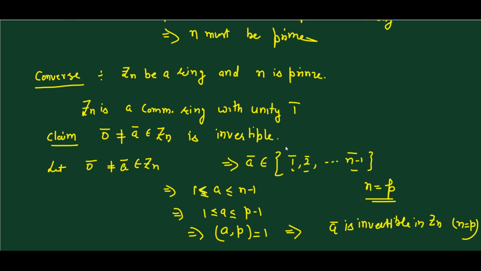Okay, so this completes the solution of this theorem that Zn is a field if and only if n is a prime, and this proof is only based on the concept of congruence classes, equivalence classes. In the next lecture, we will reprove all these results using the concept of the division algorithm or the concept of remainders. So stay tuned for the upcoming lecture. Thank you.